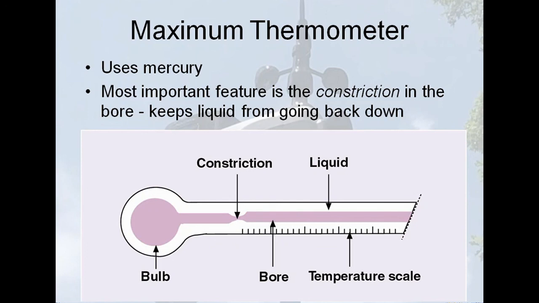So just something to keep in mind. The maximum thermometer uses mercury, and the most important feature is the constriction. So basically, as this thing heats up, that mercury is forced through the bore and through that constriction, it can rise, but it can't drop back down through that constriction. So back in the day, I remember going to the doctor, and they'd always shake their thermometer. When they picked that thermometer up, they'd shake it. I think what they were doing was pushing that mercury back to the bottom of that thermometer. So when they took your temperature and they got that max reading,